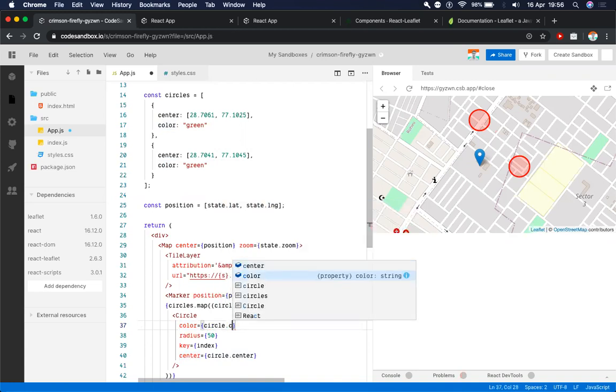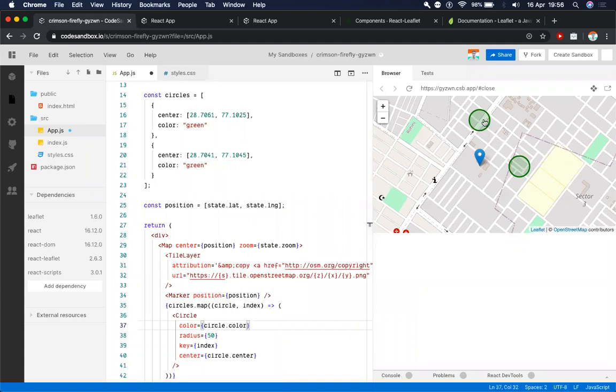So see, Visual Studio Code automatically gives us these helpful autocomplete options. So since we have defined two properties, that is center and color, on our circles array, we are getting these two as autocomplete options over here. So I do circle.color, and we see that automatically our circle got colored here.